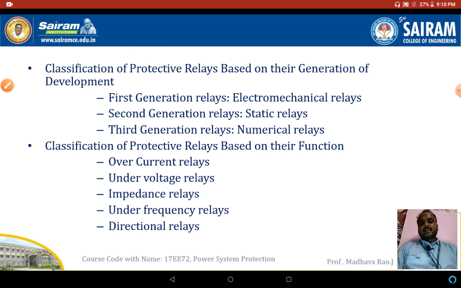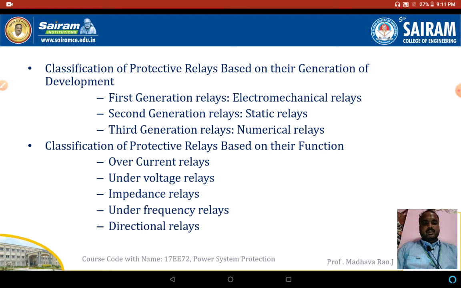Next one, classification of protective relays based on their function. This is very important. For a specific function, we use a specific relay. Suppose if you want to control currents, we will use overcurrent relays.